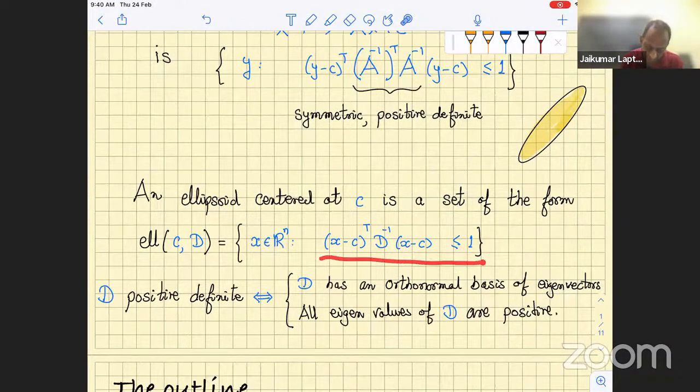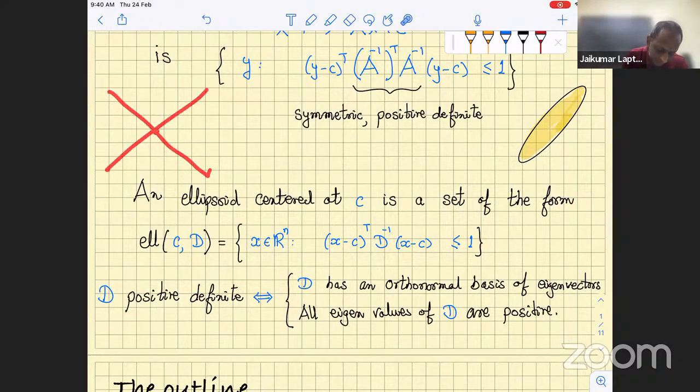So anything that can be written like this. The only thing is, if it was a ball centered at c, this matrix would have been the identity matrix. Now this matrix is a positive definite matrix, which amounts to saying that a positive definite matrix has